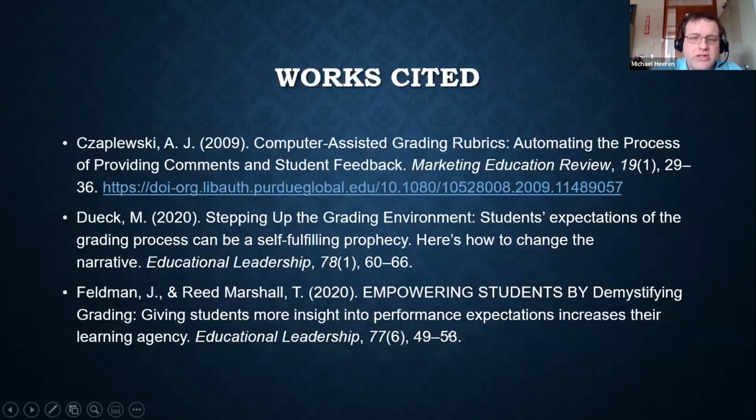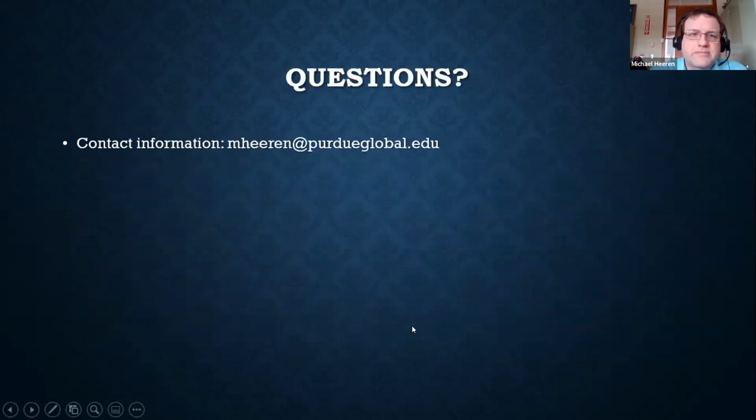And you can tailor that very quickly and easily as you see fit. All righty. So there are a few articles that I looked up and I use. And so here's my works cited page if you would like to do some additional research on rubrics. And I just want to open it back up to some questions, and let's go ahead and use the Q&A location for that if you have any questions for me.